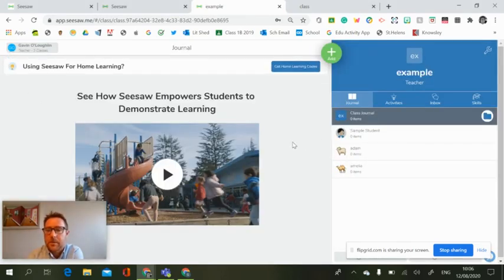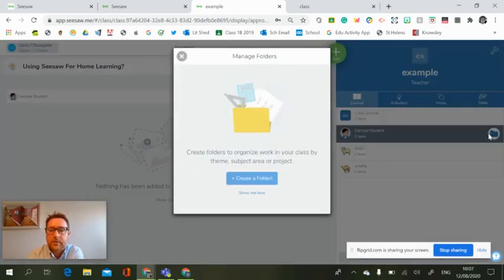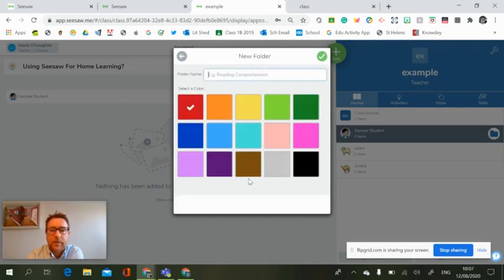Okay, when you're creating work for your pupils, what you are able to do is organize it all into files. So for my example students, you can see that we've got no work in anything at the moment, but over on the right-hand side, I can select those files. And I can create folders for things to go into. So if I'm teaching in Wales, I did this year where I used my files as the 6 areas of